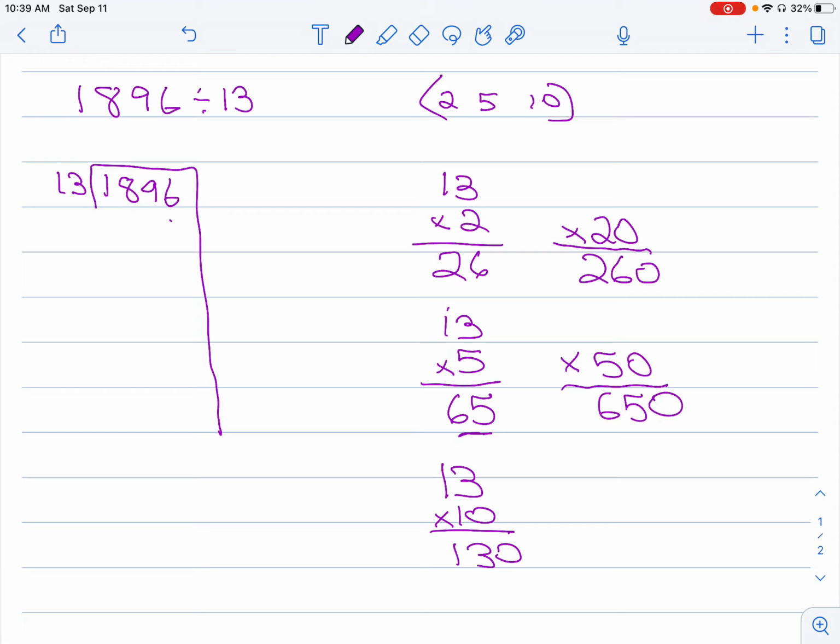We're starting to get closer to our dividend. The next one would be times 100, and that's going to be 1,300. Yeah, now we're pretty close. I think you know what number we're going to take away first, and it's going to be this 1,300. So we're going to take away 1,300,